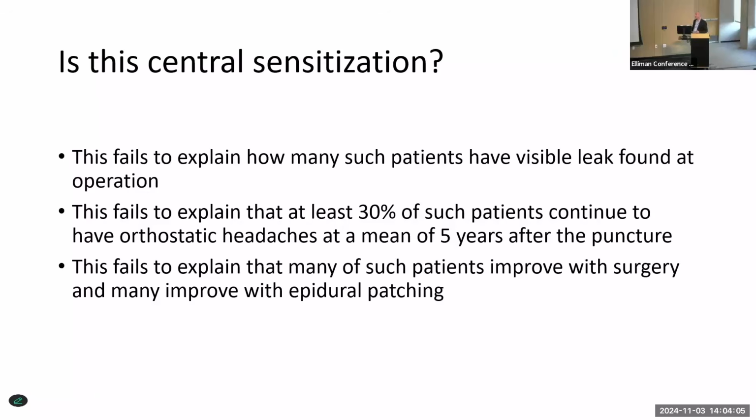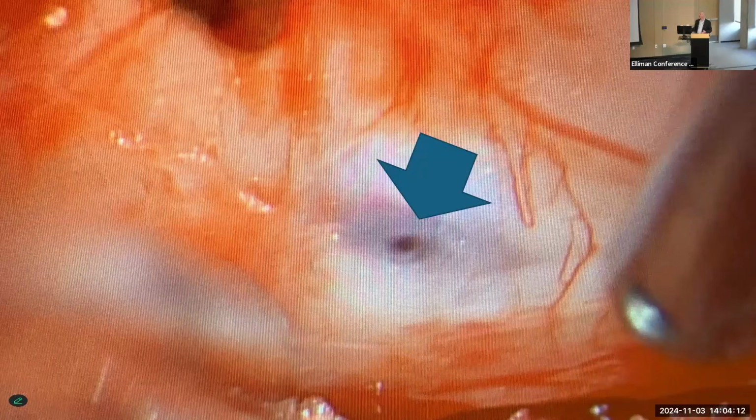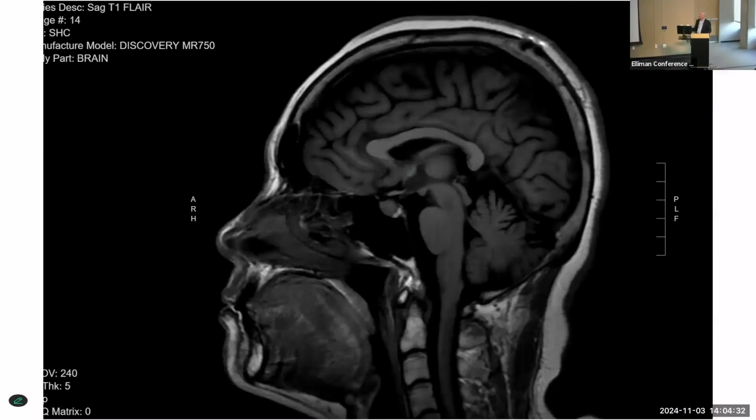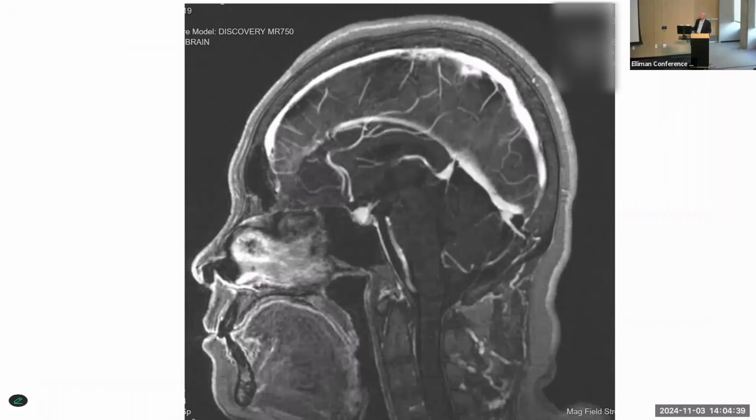This was a hole that was found at surgery in the dura after a lumbar drain had been placed in a patient to help manage her when this physician had had a venous sinus thrombosis and a venous infarct. And she survived her venous infarct, but had a year's worth of orthostatic headaches that was worked up at an outside institution. Her brain MRI looked like this with her orthostatic headaches. I'm going to show you some additional images. You can see here